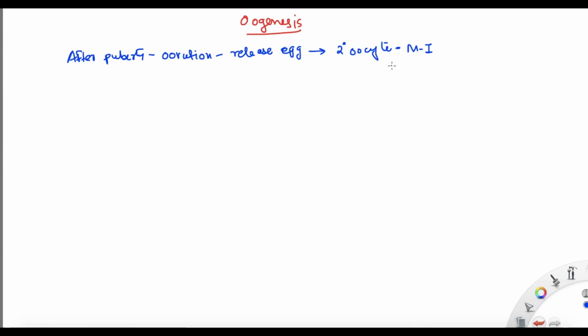This secondary oocyte can further undergo division, meiosis 2, only if it is fertilized by sperm. The trigger for it to undergo meiosis 2 is fertilization by sperm. If the secondary oocyte is released and a sperm fertilizes it, immediately there will be a trigger and the secondary oocyte will undergo meiosis 2 and form a polar body.